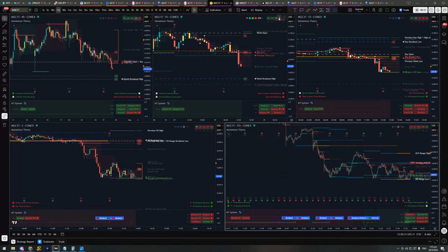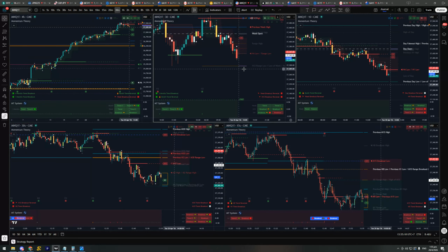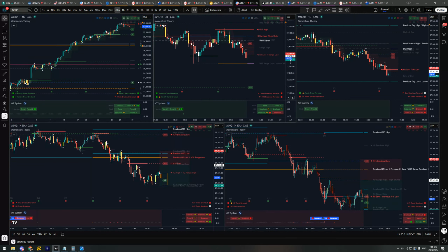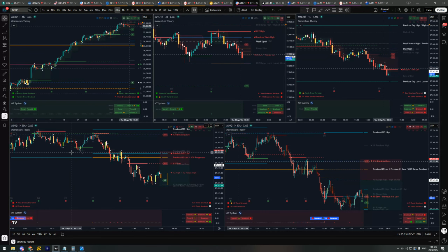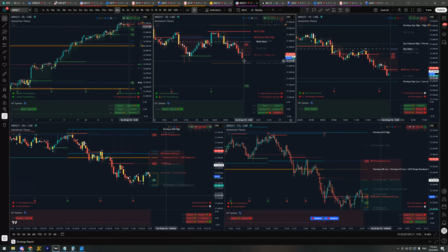Did have a look at NAS, and I did see that NAS is setting up. So I might switch over to NAS. I don't usually trade NAS in London session, but once in a while you get some good trades. There was one earlier,